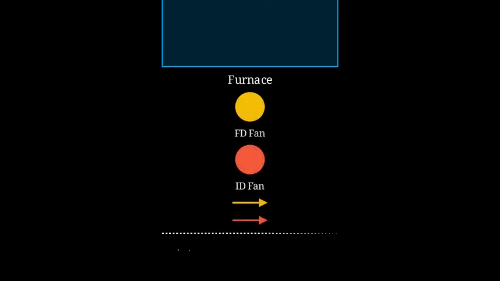Now, let's look at a diagram showing how balanced draft works. Here is the furnace in the middle and the forced draft fan on the left pushing air in, while the induced draft fan on the right pulls gases out. When the fans produce the same amount of suction and push, the furnace pressure stays close to atmospheric, just as